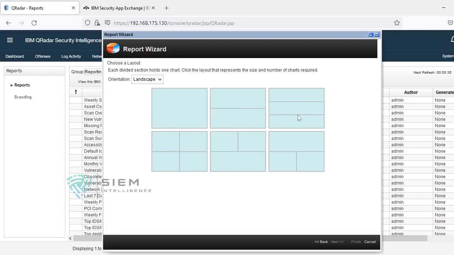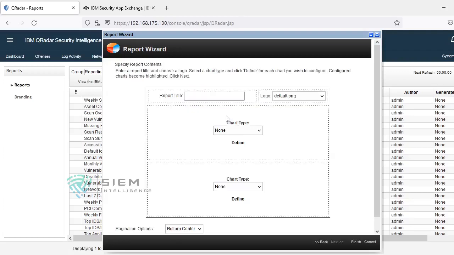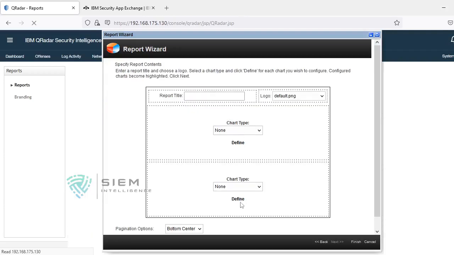There is one line, there are 3 lines, there are 4 lines. What is the meaning of this? This means this is a single report. You can merge 2 reports in one format, 3 reports in one format, 4 reports. So you can select a maximum of 4 reports in one single column. If you select this one, it will be given with 2 setups of your report. This is one chart, this is another chart, like that.